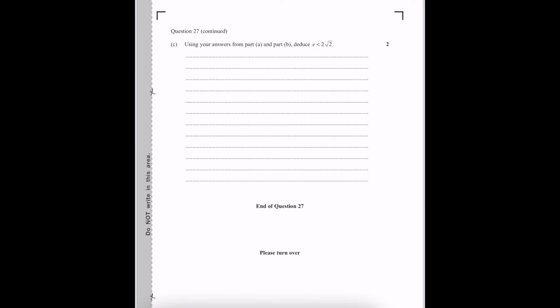I'm going to say y equals half to the x is concave up, therefore trapezoidal approximation overestimates the exact area. Okay, so therefore